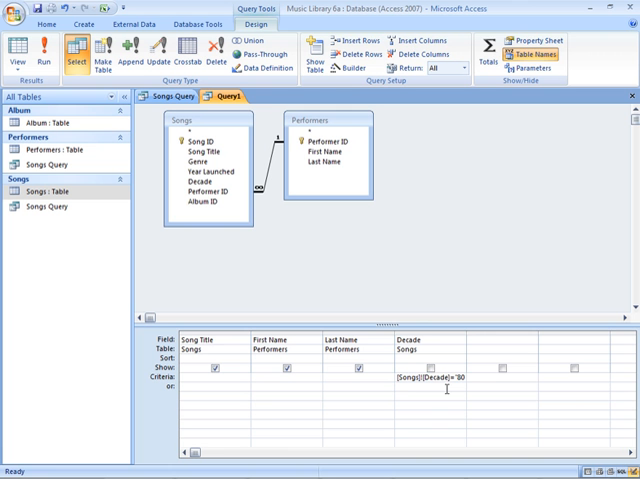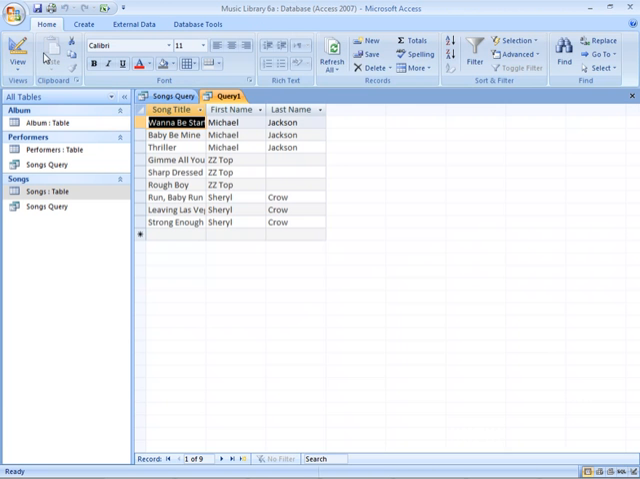So now I've got my criteria. I've got the fields that are going to be displayed in the results. All I have to do is run this. When I click run, you can see the results. So here's the song title. There's the first name and the last name. I know it's 80s because of my criteria, but if I want to be sure, of course I can go